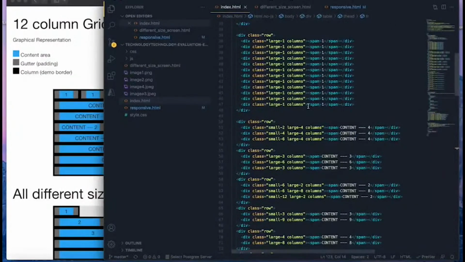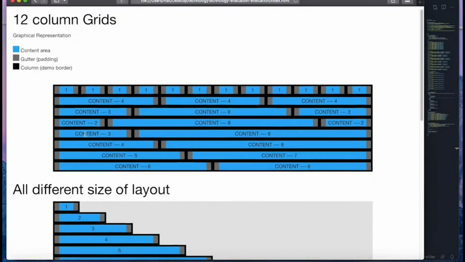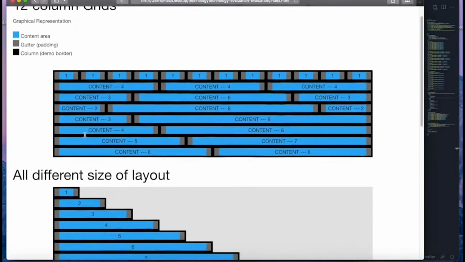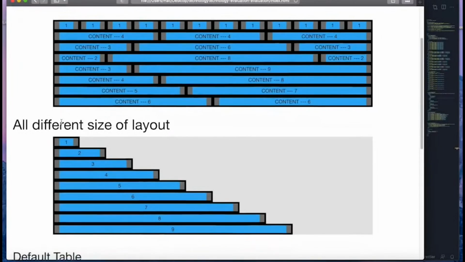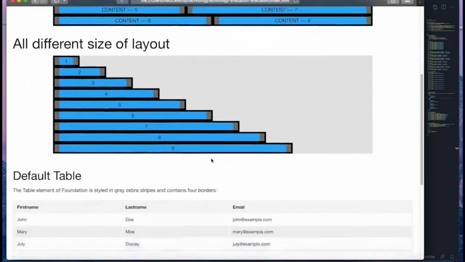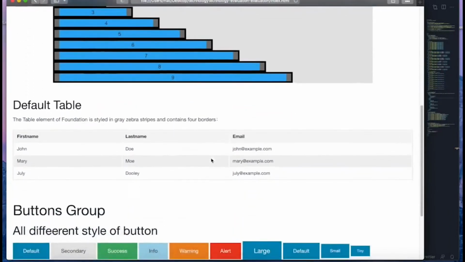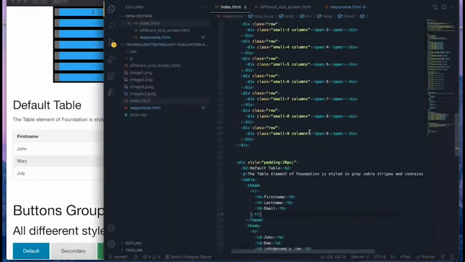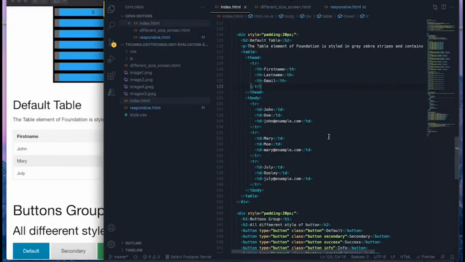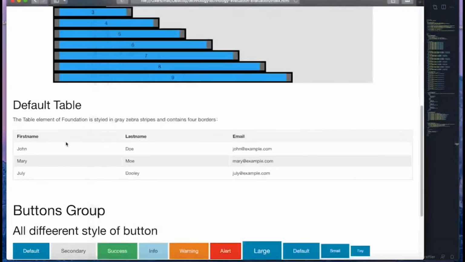Next, I'll show you some code and practical demonstrations which can give a better and more intuitive understanding of Foundation. The first thing that we can see here is the 12-column grid mentioned by my team member before. Something we need to pay attention to is that the size of the web page will always remain at 12 columns. One of the reasons that we choose Foundation is that it is more unique and can customize a site that looks different from another site. For example, if we want a table, we can see from the code here that there is a completely default setting. The default element style of the Foundation table tag is gray zebra stripes that contain borders, which